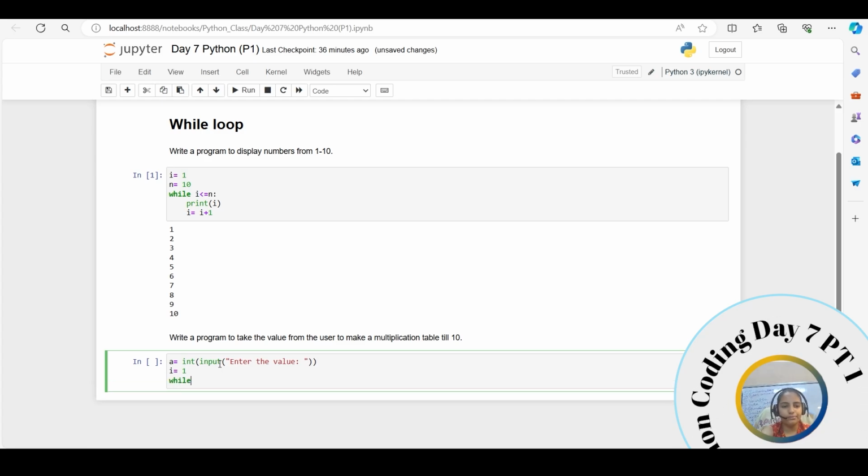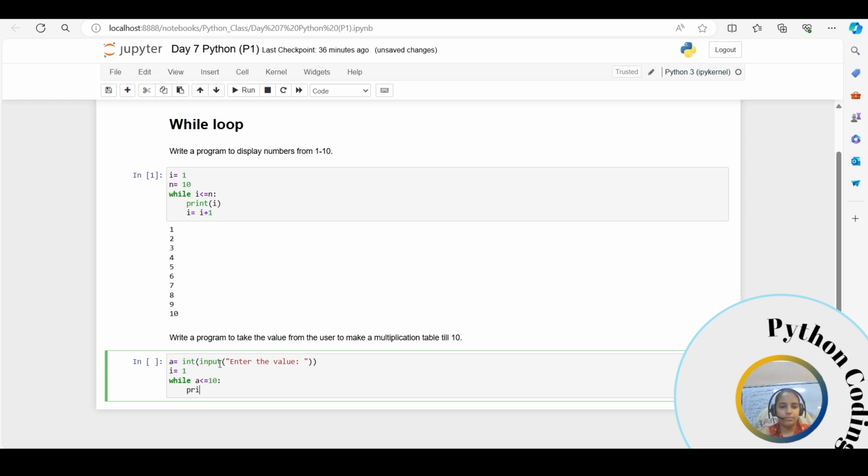Then while i is less than or equal to 10, print i